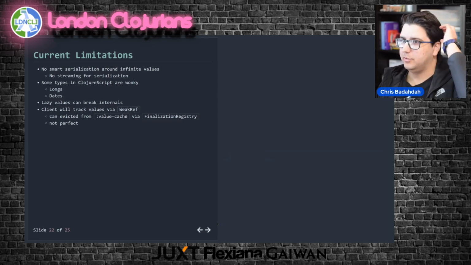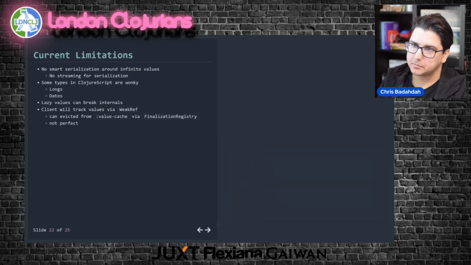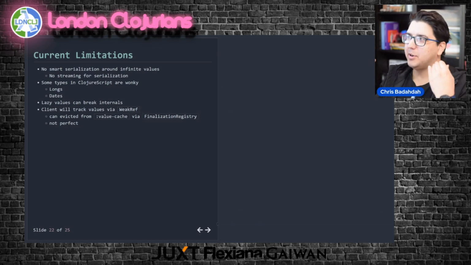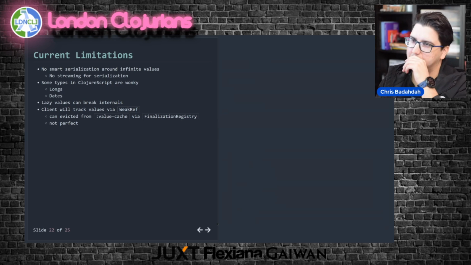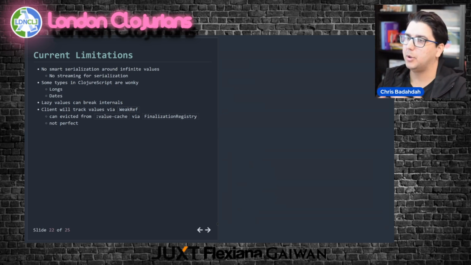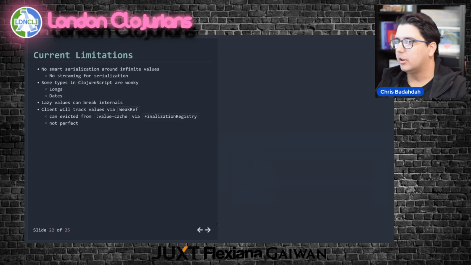One thing I ran into really recently is, we're just conjing onto a list when you call submit. The problem with that is you can put a lazy seq into that, and if that lazy seq throws an exception, suddenly all of the internals of Portal become broken. So I had to add a pre-filter to prevent lazy seqs from blowing up the internals of Portal. But it can only do so much. If you are inspecting your own atoms and you put in bad values, Portal won't protect you from that. It'll just protect you when you use the Portal submit function.